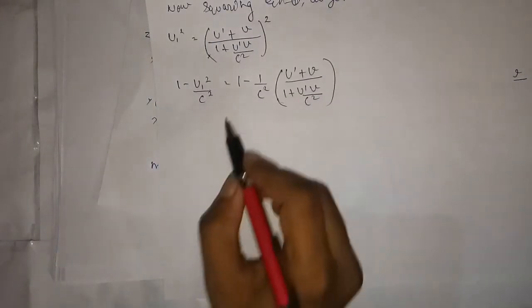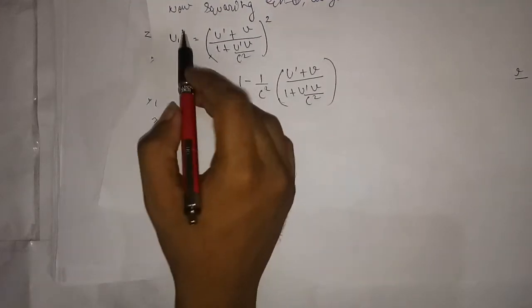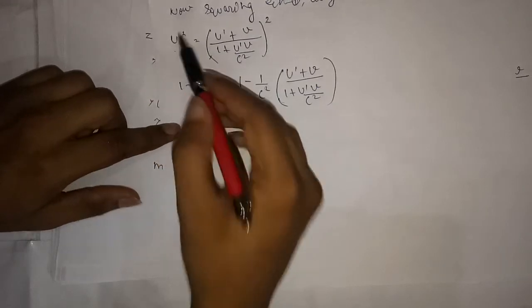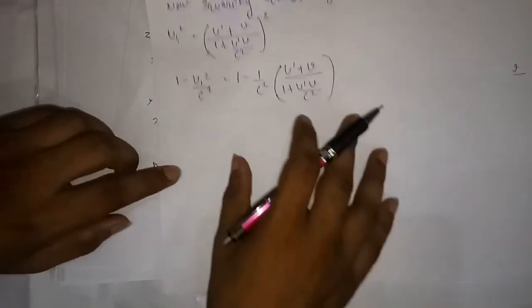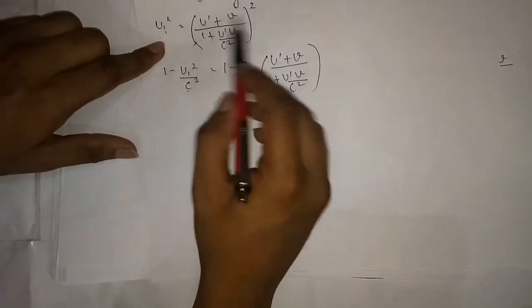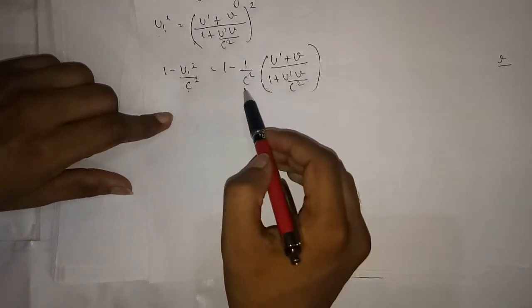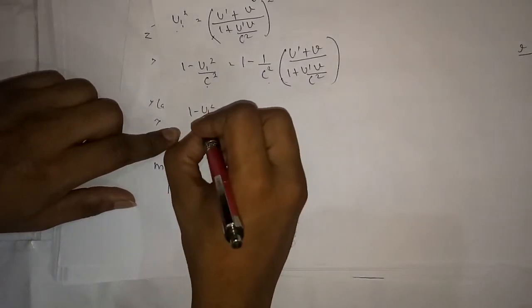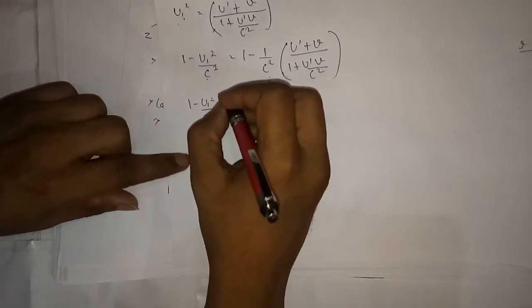So what we have done here is that we have subtracted u1 square from 1 and divided this by c square, and the same thing we have done in our right hand side. We have subtracted this whole equation from 1 and divided by c square, right? Now moving forward, 1 minus u1 square upon c square equal to